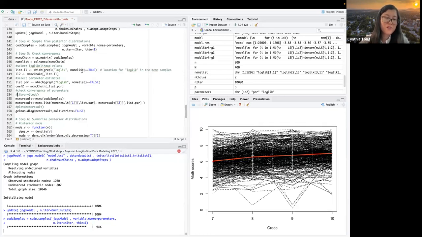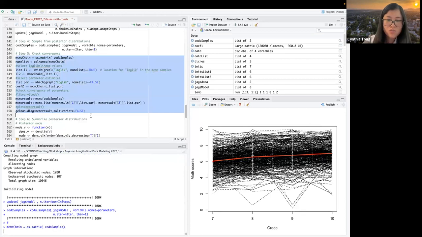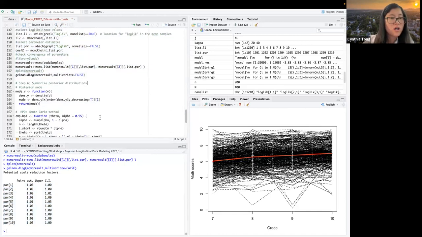We constrain the variances to be equal. Without the constraint, it could take much longer. Okay, so that's done, and we can check the convergence. See, all the Gelman statistics are below 1.1, so the model converged.